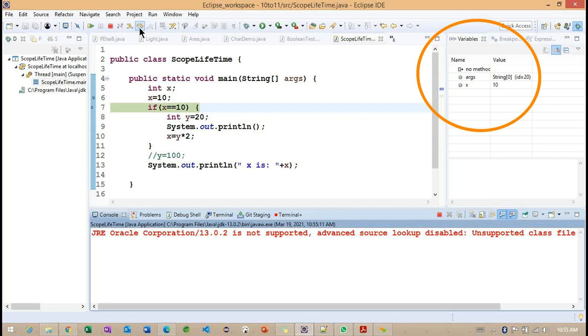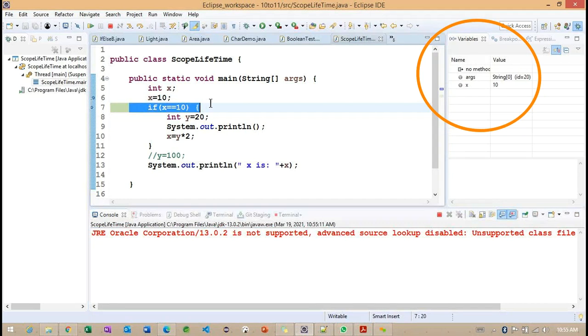The x value we are getting is 10. Right. Now the condition is going to be evaluated, and it will return true or false.